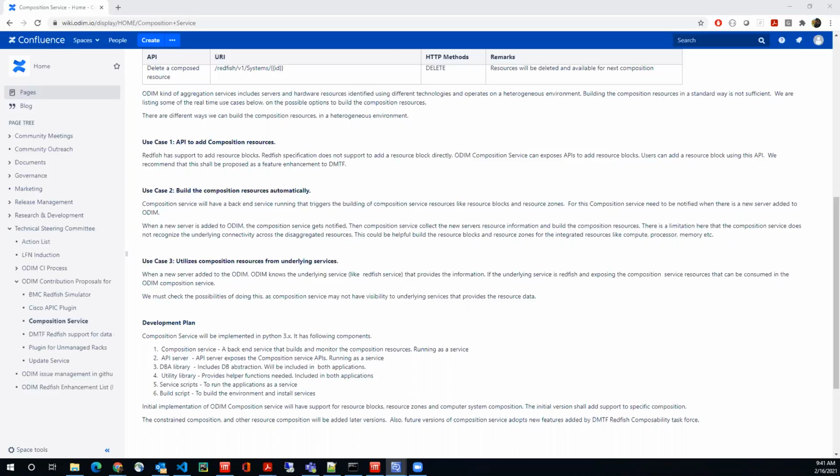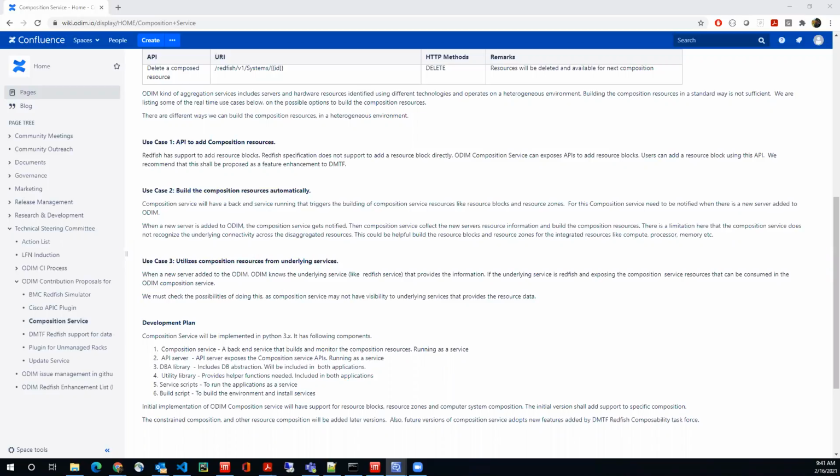Exactly. But usually if you come up with the storage server, it will in most cases host the Redfish service inbound as well, to achieve the connectivity over NVMe over Fabric or other cases. And then you have the BMC, which is, let's say, dummy, or doesn't have all the information. But from the storage perspective, the storage has to create the volumes for NVMe over Fabric, for example, and make them available to the initiators, so it can expose the associated resource blocks.